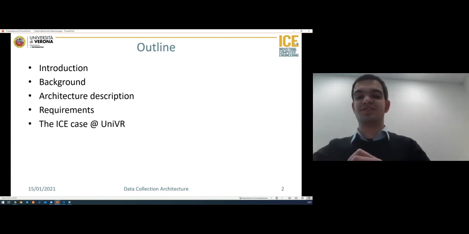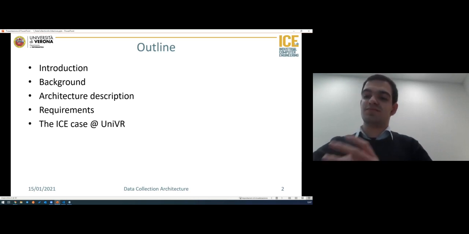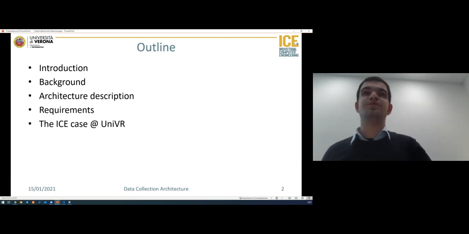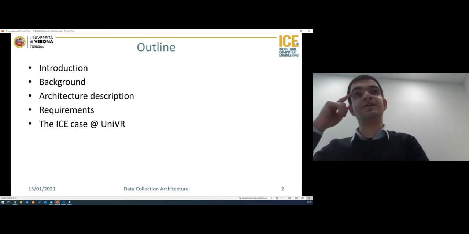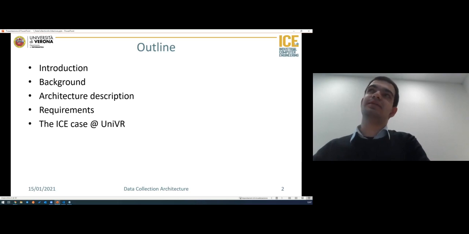Then I'll give some details about the node configuration, to get more technical. Then I move to the requirements, so how the architecture can be installed, since there are a few methods,